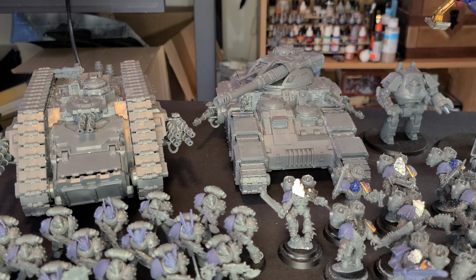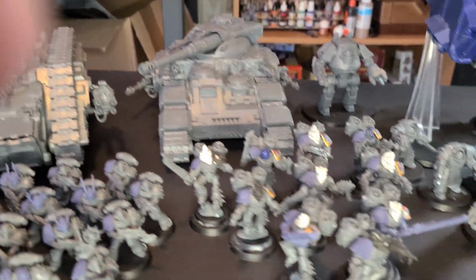So having this tank, as much as I said in the review, I don't think it's worth the money as far as buying a model goes. I think that if you can afford it and you like the look of it, at least for that purpose, it's worth it. Carrying on,